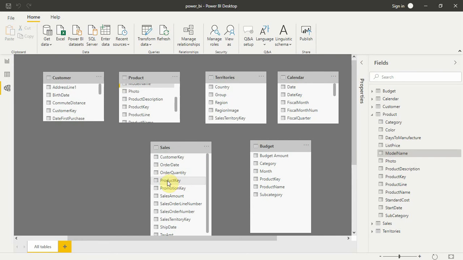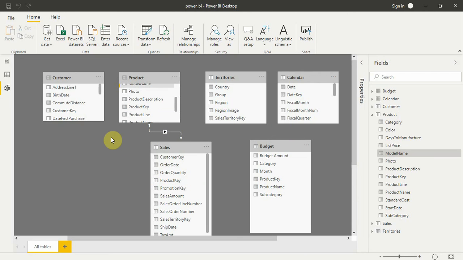So we'll take the product key of sales and form the relationship to the product key here. Just wait a second. It's forming the relationship. Cool. Now you can see a relationship here. If you click on it, you will get the product key relationship. Actually, this is a one-to-many relationship. As you can see, there's a one here, and this star means many. One-to-many is quite a technical term. It means that a product key can appear once here, but can appear multiple times in sales. And the direction of this arrow doesn't matter if you do it right.